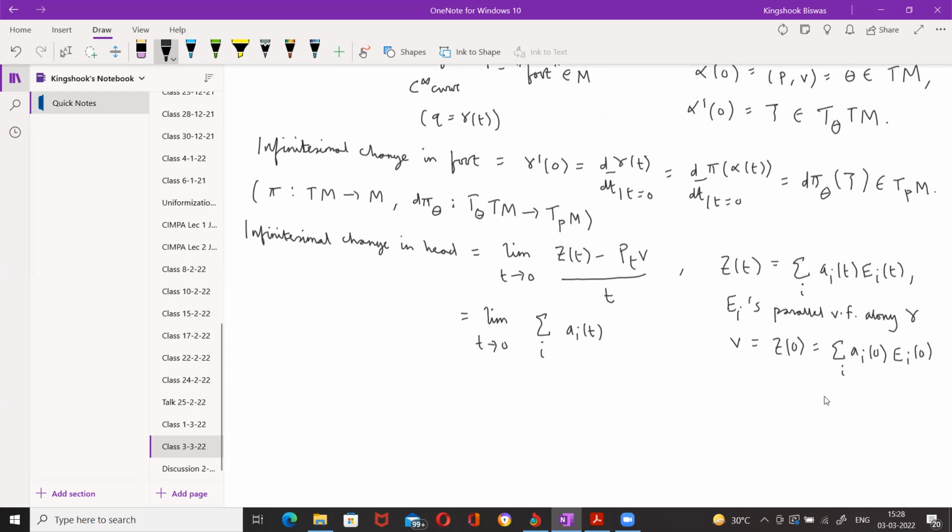So what will p_t v be? Anyone? What will p_t v be? This will be a linear combination of the e_i(t)'s, right? But the e_i(t)'s are parallel, so that means the coefficients of p_t v have to be constant. So these will just be a_i(0) e_i(t), right? So this will be nothing but a_i(t) minus a_i(0)